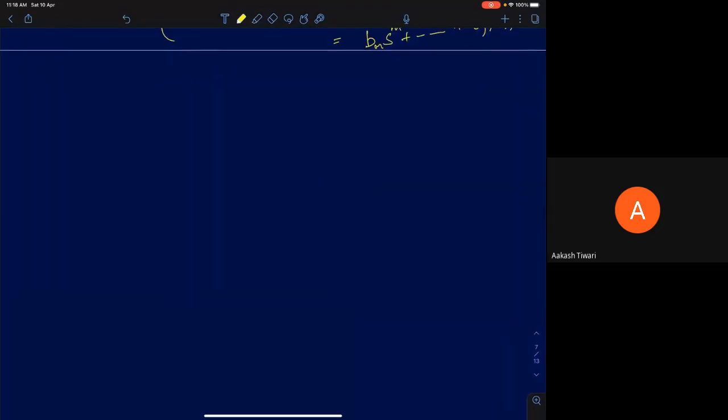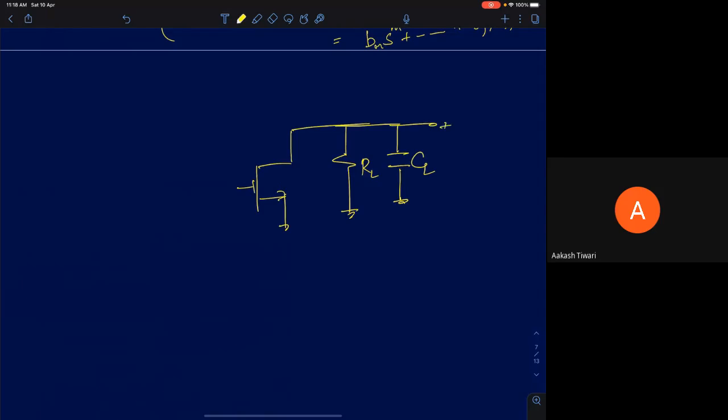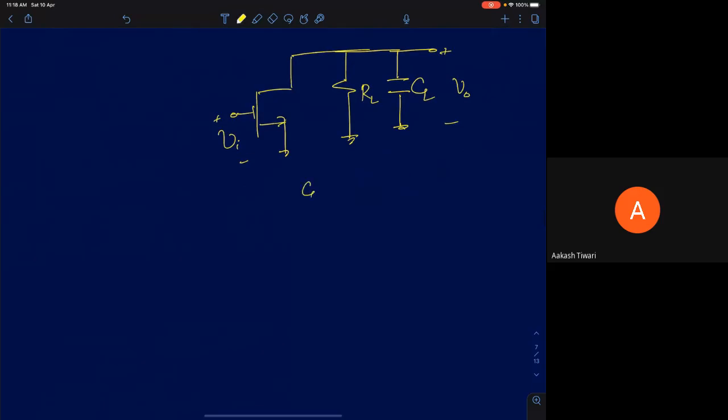Let me show you an example where we will get a system like this. I'll analyze a common source amplifier, which previously we were analyzing with a load resistor. Now I'm going to add a capacitor here and try to find a relationship between voltage V0 and Vi. Let's assume capacitance CL is 0, which means there is no capacitance. Ignore R0; assume R0 is infinity, lambda is 0. What's the relationship between V0 and Vi? It's a common source amplifier, right? So it will be minus gm times RL into Vi. This will be the expression for the output and input voltages.